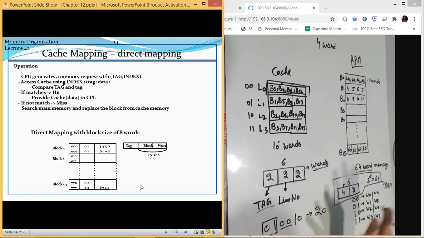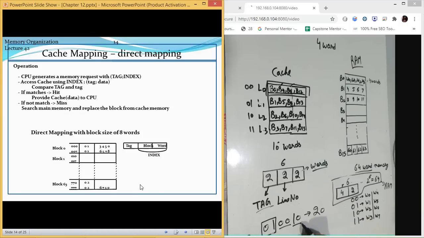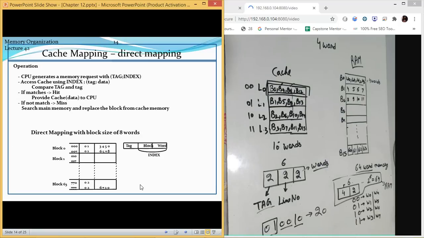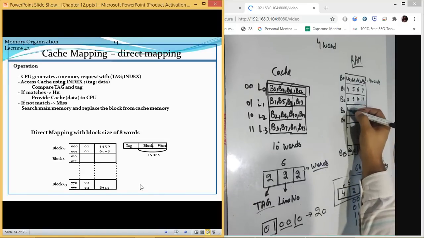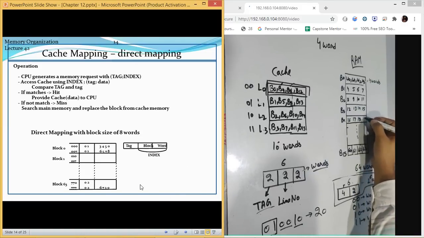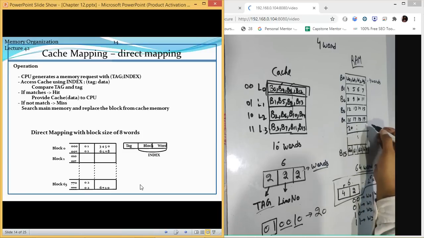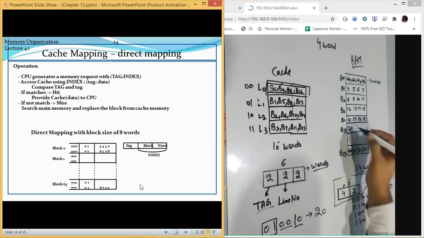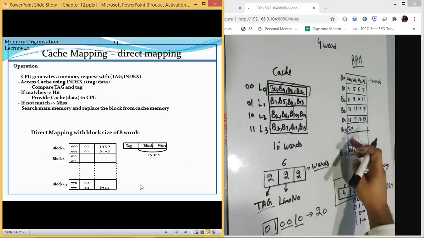Okay, so now let us see whether it is present or not. And this one is representing the word number. It should be at the third value because it is 1, 0. 1, 0 is for the third value. So if we design it like this, 12, 13, 14, 15, 16, 17, 18, 19. Okay, so this is at this place. 20. So let us see. It is B5.